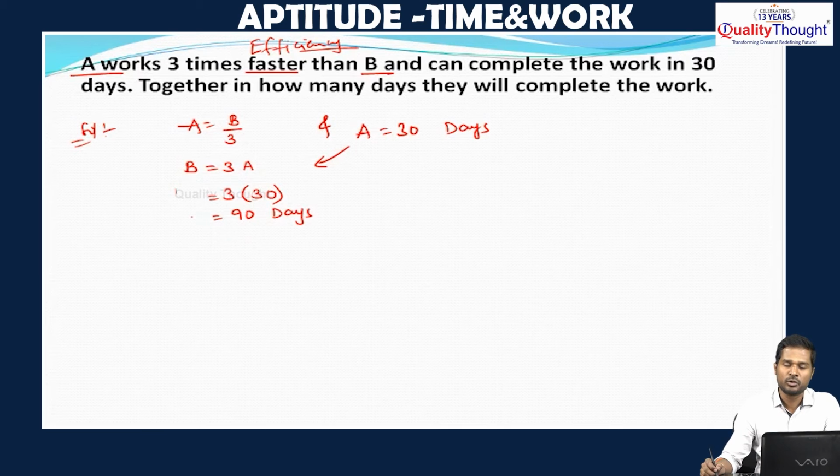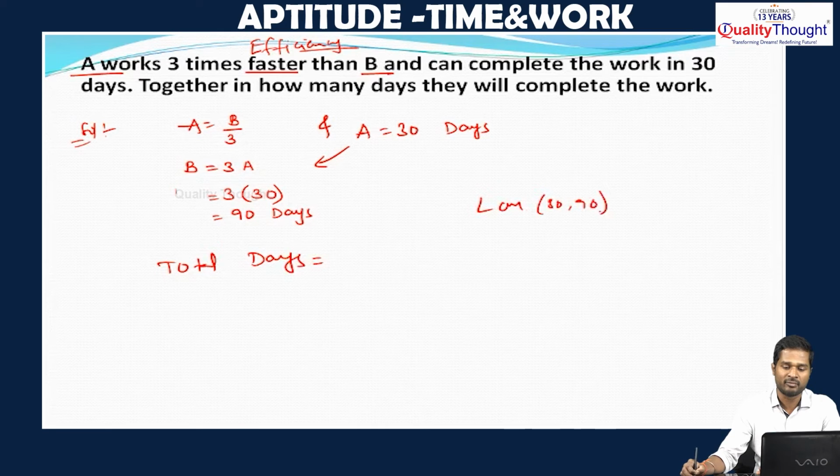You can do it as 30 into 90 by 30 plus 90, or we can see this. So the total days taken by A and B together. The LCM of 30 and 90 will be 90. So this is 90 by, A takes 30 days, so 3 3s are 90, plus B will take 90 days to complete the work, so 9 1s are 90. So this is 90 by 4, which you can cancel, see this, 4 1s are 4, 2 2s are 2, 45s are, and 45 by 2, which is